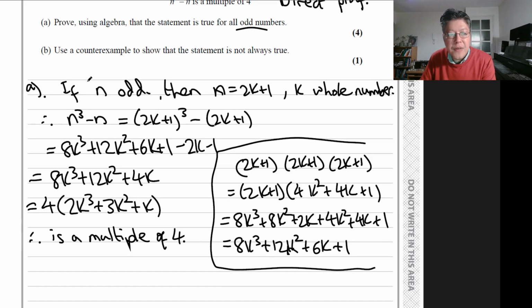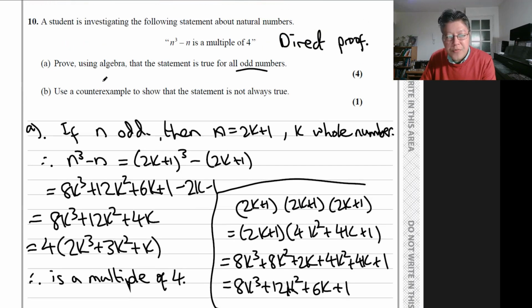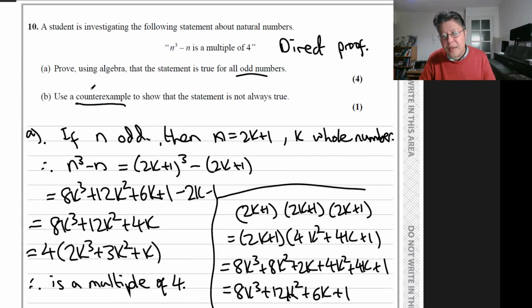Okay, part B, we need to use a counterexample to show that this is not true in general. So we've proven that it's true for odd numbers, so presumably for some of the even numbers it's not true. And we just have to find one single example. So this is a trial and error bit. You just plug different values for n until we end up with an n that doesn't work, that's not a